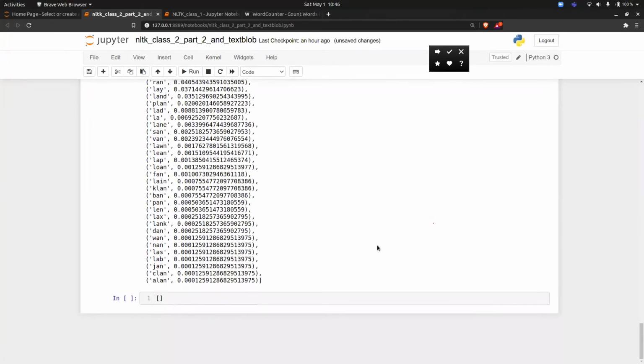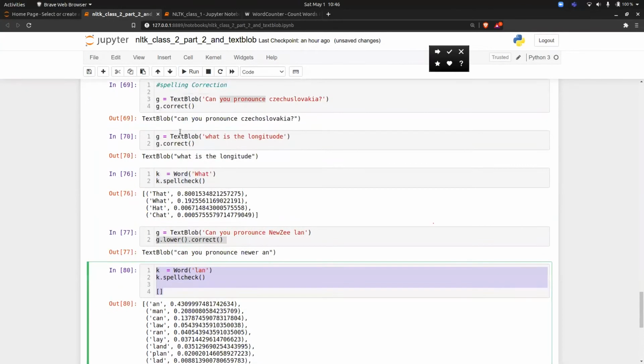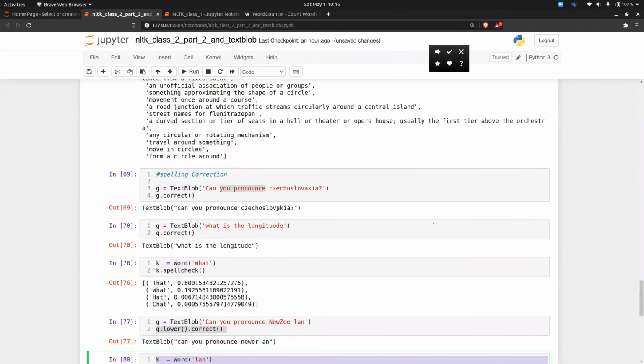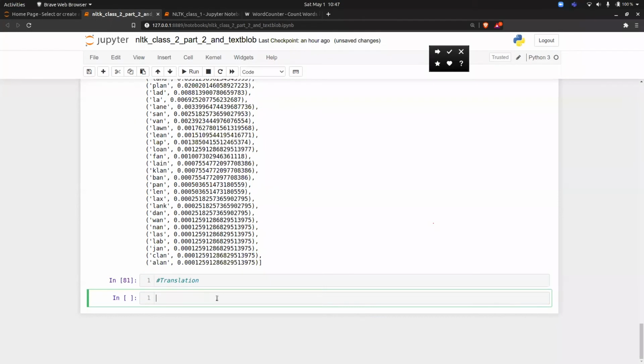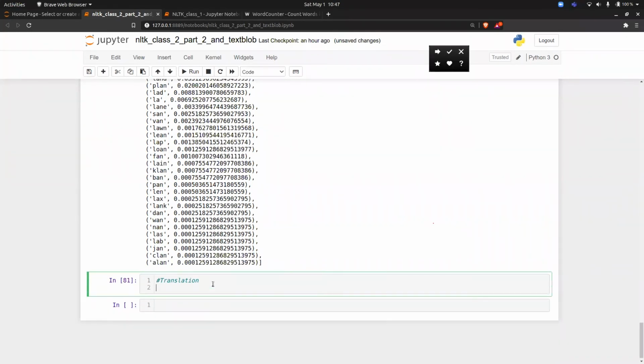Now this is one more use case that you can do. So in total we have seen 3 to 4 use cases with simple functions. If you're good in Flask, which I have shown in deployment, you can deploy this with Flask also. Now one more use case is translation. Can anyone tell me what you mean by translation? Convert one language to another language.